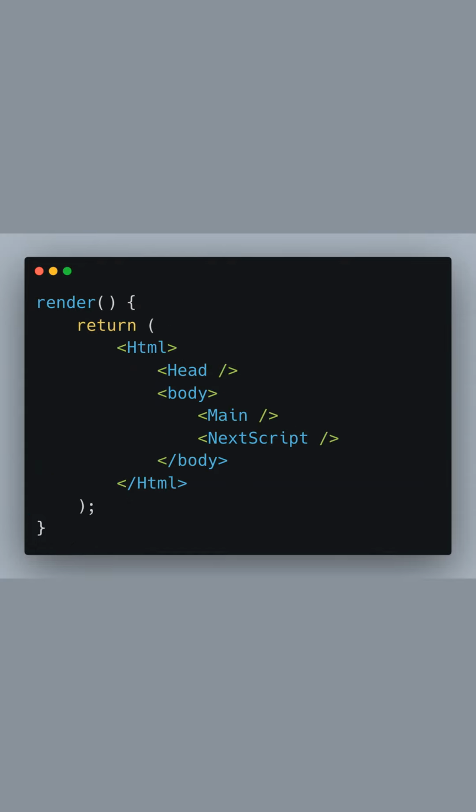The render method of our custom document component returns the base HTML structure. Notice the Main component, which is a placeholder for the application's content, and the NextScript, where the Next.js server runtime and chunk scripts will be loaded. This setup ensures a proper script load order for our Next.js application,